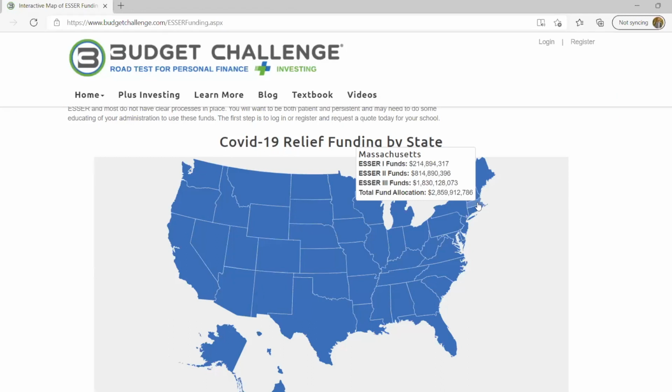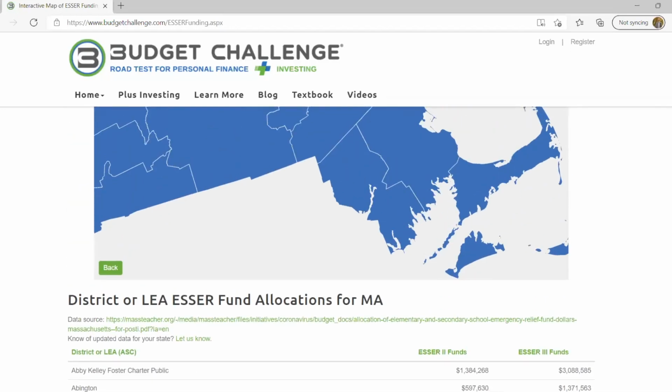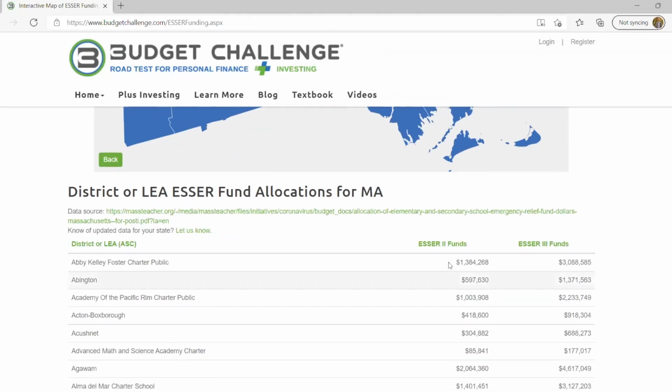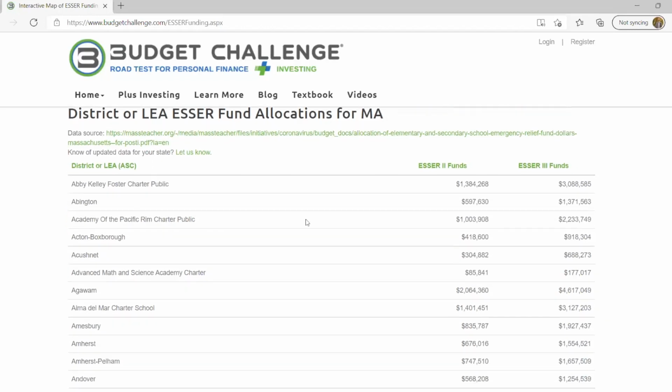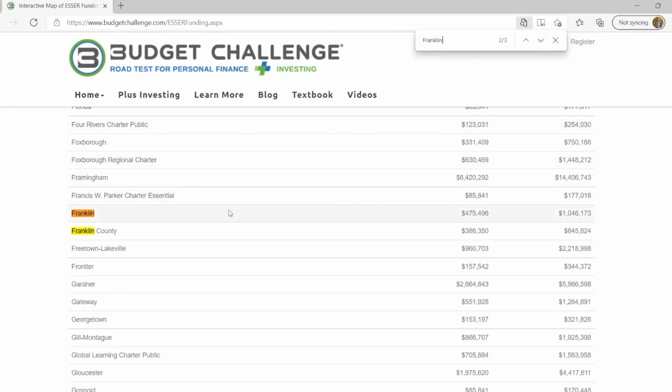But again, you can go in here and you can see at a very high level what Massachusetts has been given. And if you click on the state of Massachusetts, it will take you through each of the LEAs. And I think down, you can scroll down and I forget, they have a search here. If you do a Control F and go to Franklin, let's look at my town. And in this particular graphic, they're showing ESSER 2 and ESSER 3. They're not showing ESSER 1. But here's Franklin, Massachusetts. They got through the ESSER 2 round $475,000 in additional funding. And then ESSER 3,